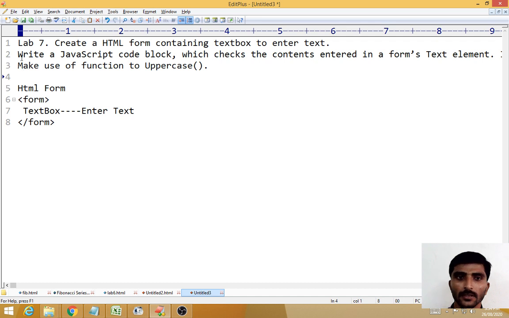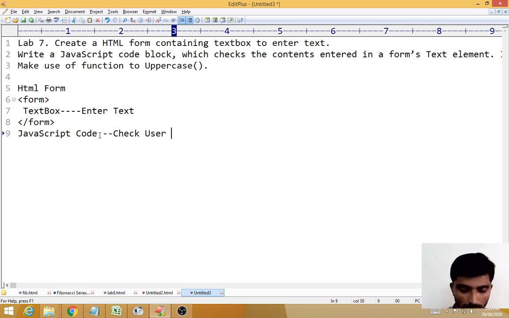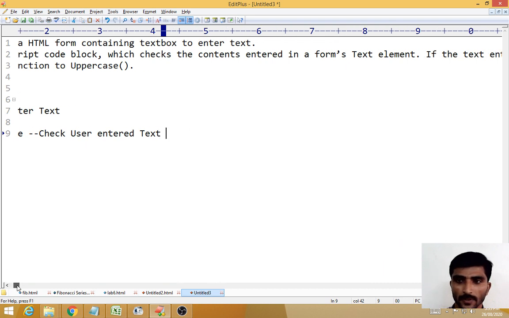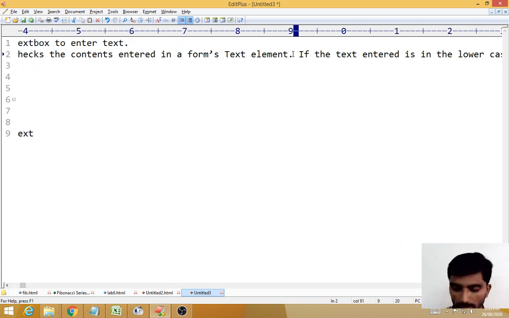After that write a JavaScript code, okay. So after that what you have to do, we have to write one JavaScript code. In that JavaScript code, what it does is check the content entered in the form text element. It checks whatever text the user entered in the element.